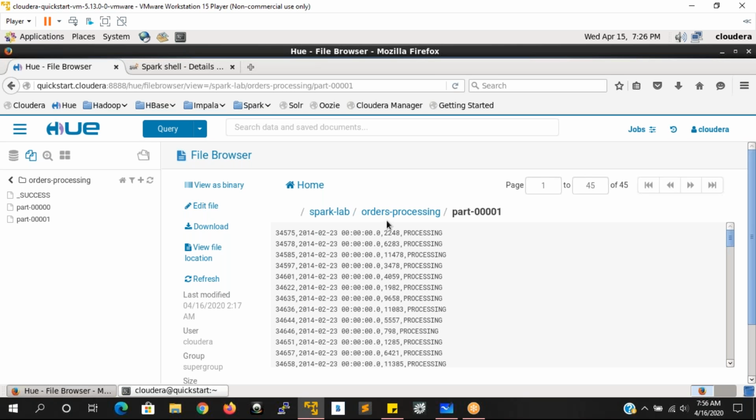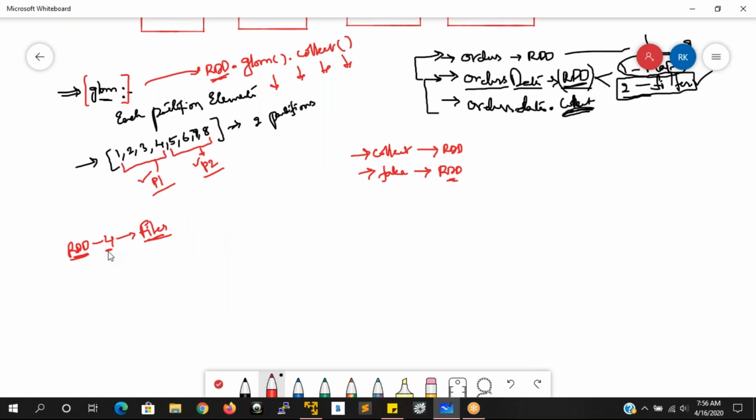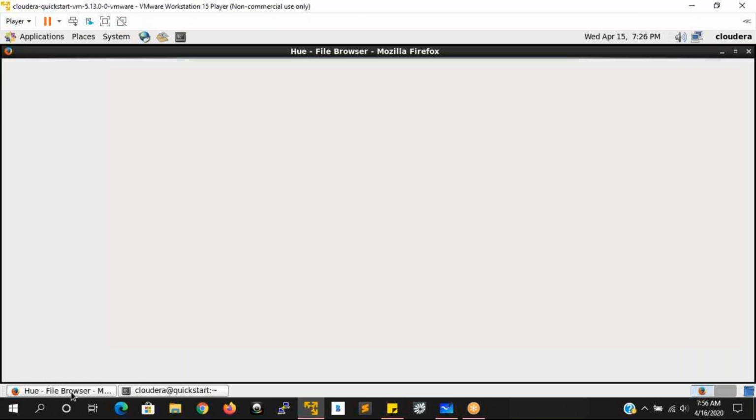But here the client is asking: you performed some transformations and actions and you have got the result, but I don't want to store my output into multiple files. If, for example, an RDD is having 4 partitions, what is happening here? 4 files are also being created, and in these 4 files you are going to see the output. But the client is saying that I don't want to see the output in 4 files. I want to see this complete RDD output in one single file only. Okay, one single file. Then how exactly are we going to make that happen? That is what we are going to understand here.